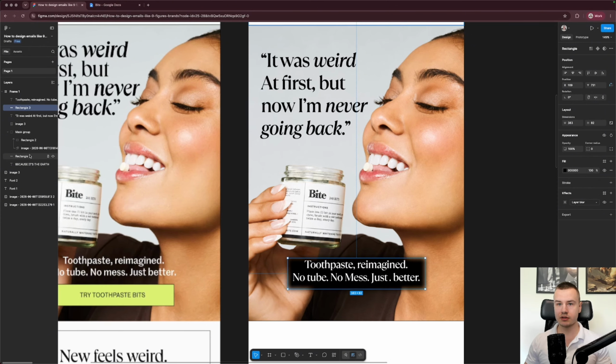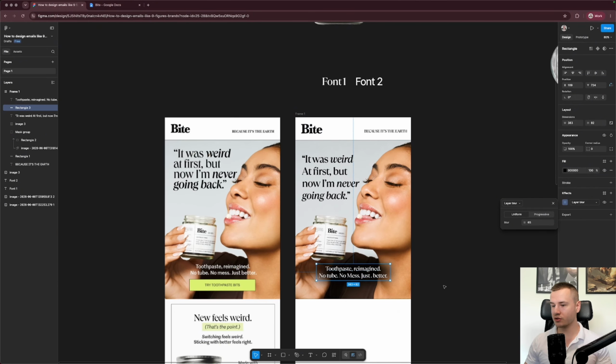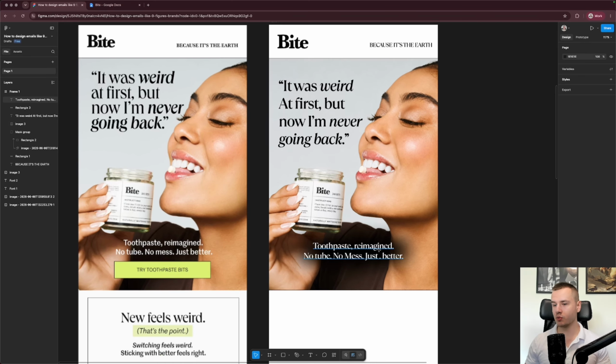Let me take the rectangle here. We can even blur it further so it really blends in with the background. We just want the text to pop off, right? And there we have it. Just compare these two. Which one is more readable? Obviously this one, because it doesn't blend in with the background, and that's really important because this one is really hard to read, especially